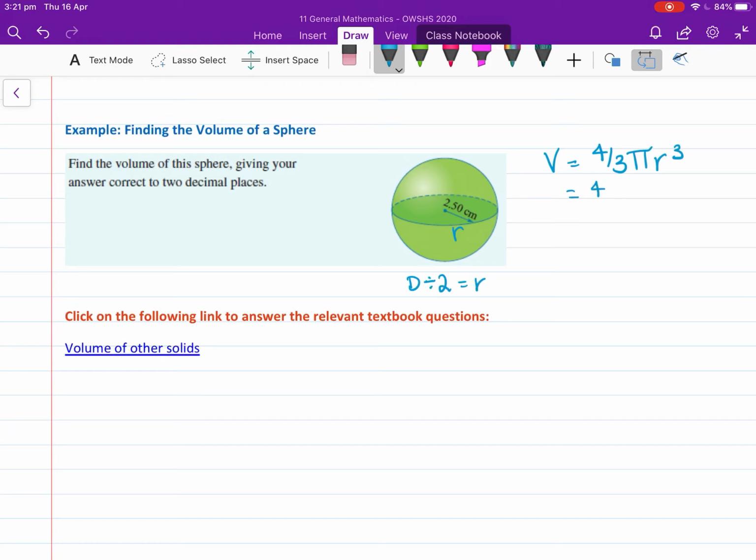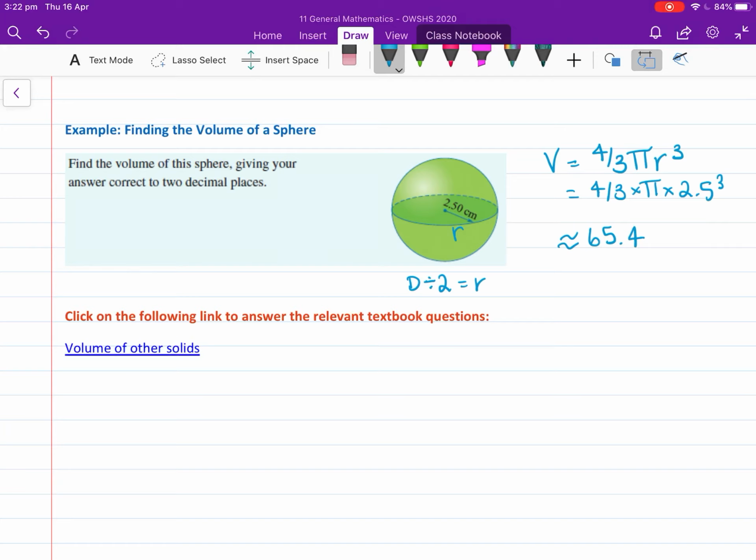So we're going to substitute our values in. 4/3 times pi times 2.5 cubed, and we're going to go approximately equal to, because using pi we end up with a decimal. So 4 divided by 3, or again you can use your fraction button, times pi times 2.5 cubed equals,